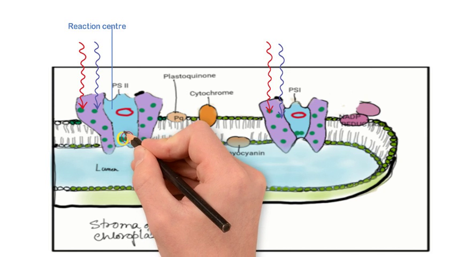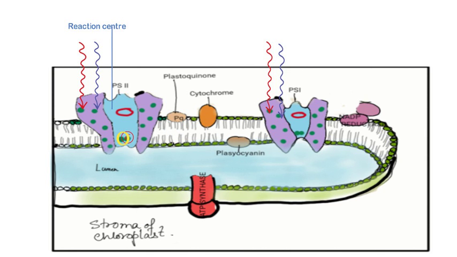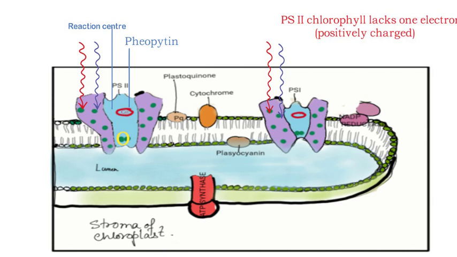The reaction center contains a unique pair of chlorophyll called the special pair. Here the electron is boosted high enough to be lost at a wavelength of 680 nanometers, and the lost electron is accepted by a primary electron acceptor called pheophytin. At this stage, the chlorophyll present at PS2 has a deficit of 1 electron as it has lost its electron